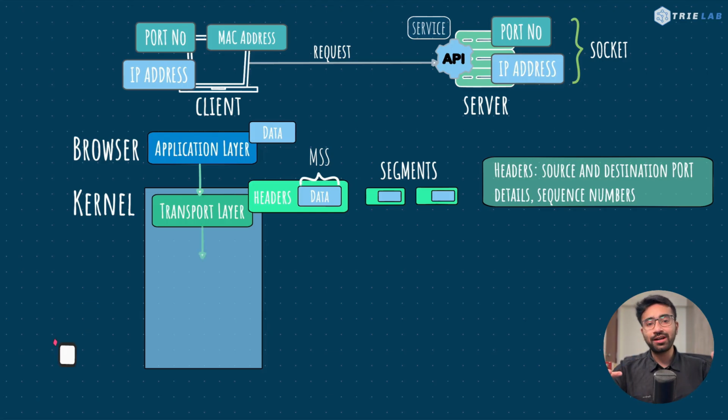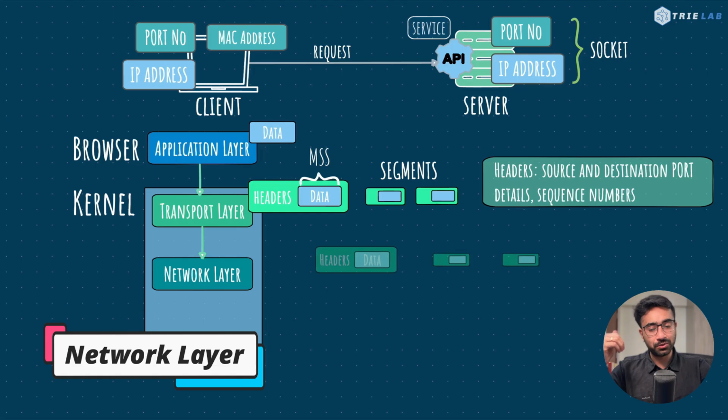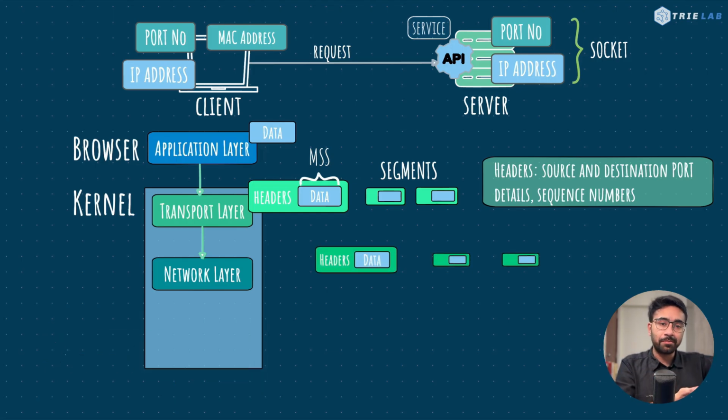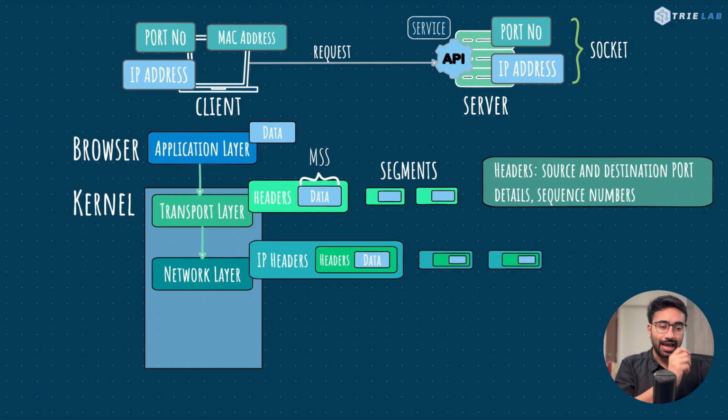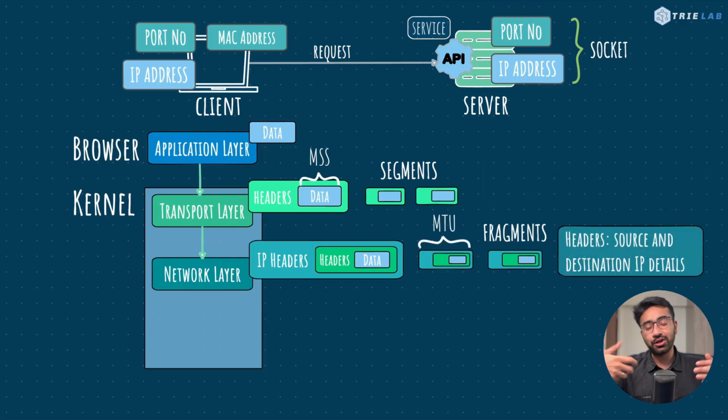Now the transport layer will send each segment to the network layer, which again splits them up, adds a bunch of headers, and forms fragments. The headers that get added in the network layer have the source and the destination IP address to uniquely identify the server that you're connecting to. So the job of the network layer is to route the packets across the internet to help them reach the server, and it must have the destination IP added in order to facilitate that.